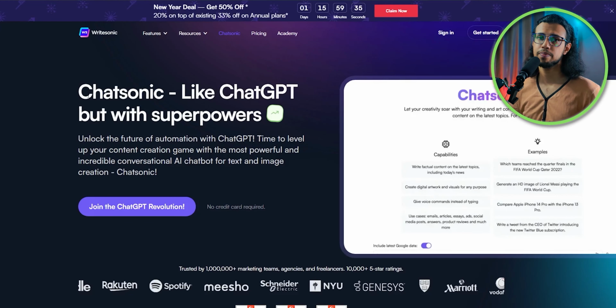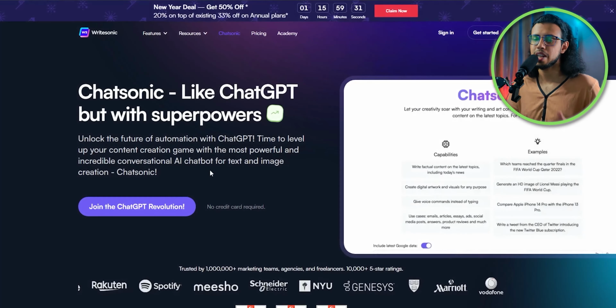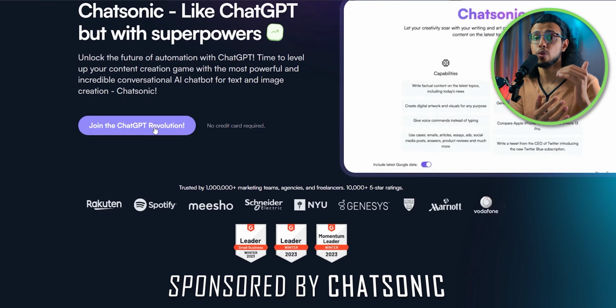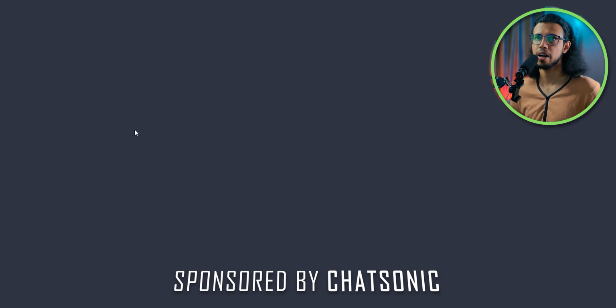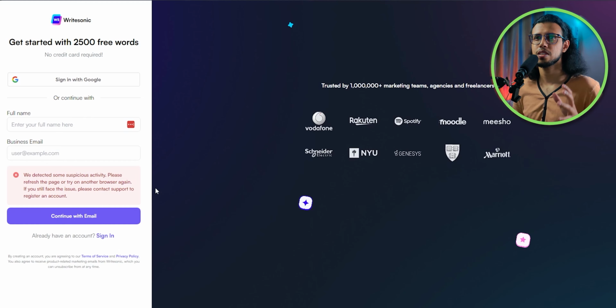By this time, I'm sure you already know about ChatGPT, right? Well, this is called ChatSonic. It's an enhanced version of ChatGPT. It's like the same version of ChatGPT but with more features built on top. So they've partnered with me. Let's explore it. Oh, and by the way, when you're signing up, for some reason this thing has issues with